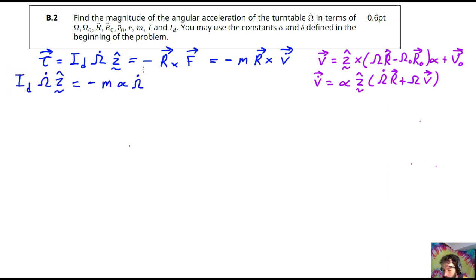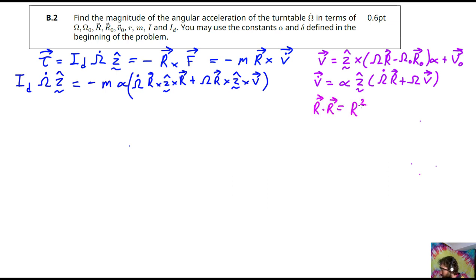First thing I'm going to do is substitute in for v dot, or for the acceleration, which gives us this. Now we're going to use our triple product rule, and we're going to use these two identities here. r dot r essentially equals a scalar r squared, and r dot z is going to equal 0, because z is pointing up and r is strictly horizontal. So if we apply this triple product rule, we're going to get,